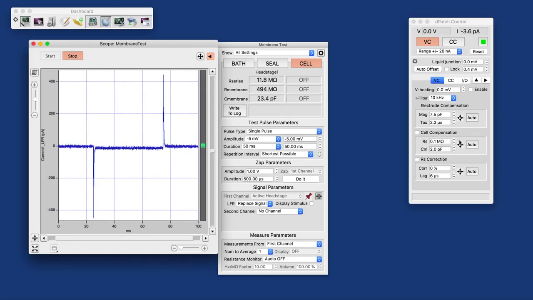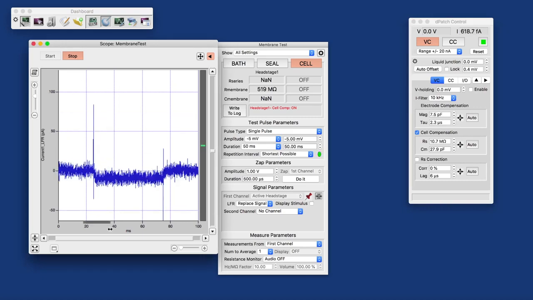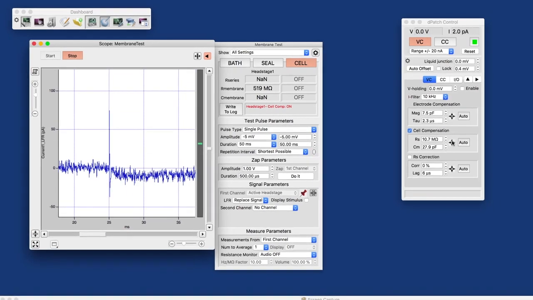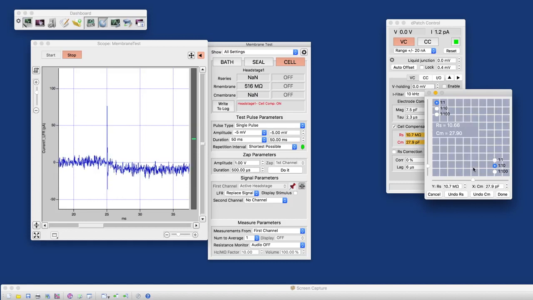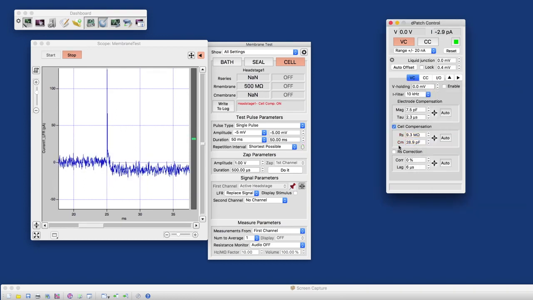And again, for the whole cell compensation, we just click the auto and look what happens. And almost disappears. And again, we can manually touch that up if we like, to the point where we want it. I'm not going to spend too much time here on getting that ideal, and the same for the series resistance